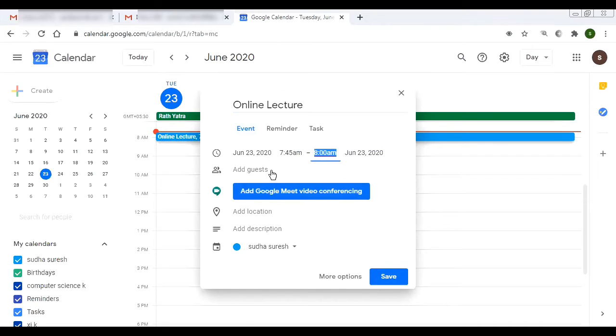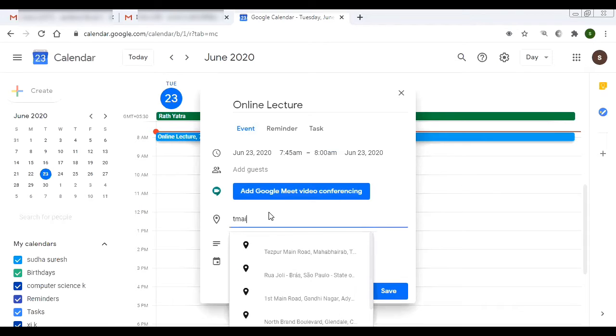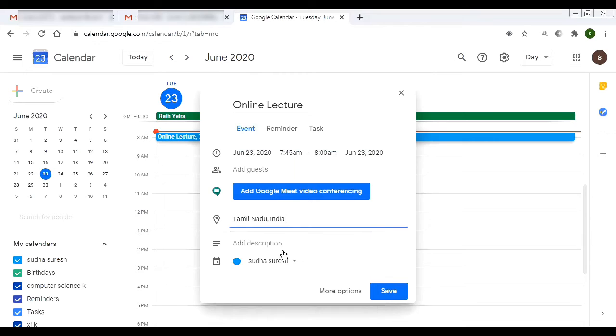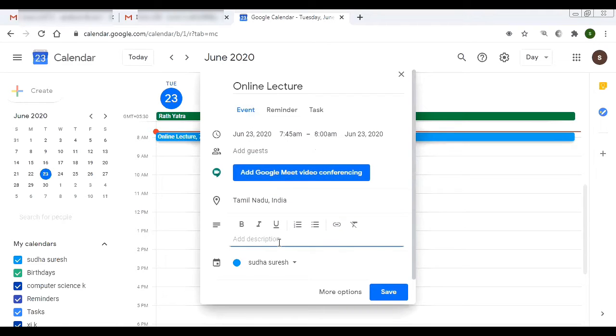After selecting, there is one more option, add guest. Add guest is used for the guests, for example, we have to give the email address of the guest. Then afterwards, this optional add location you can give. So I'm giving the location. Next one, add description of the meeting. So I'm giving something related to